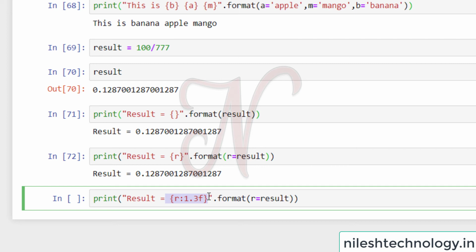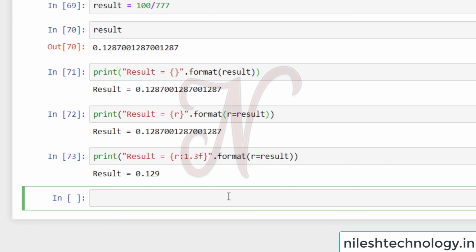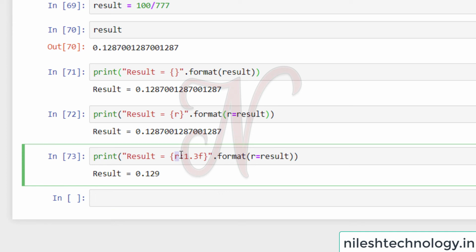So if you try to run this code, see here, output is 0.129. So my r is the variable, this is my original number, then 1 is the width, so my minimum width is 1. If it is not, then spaces are added to fill this width.